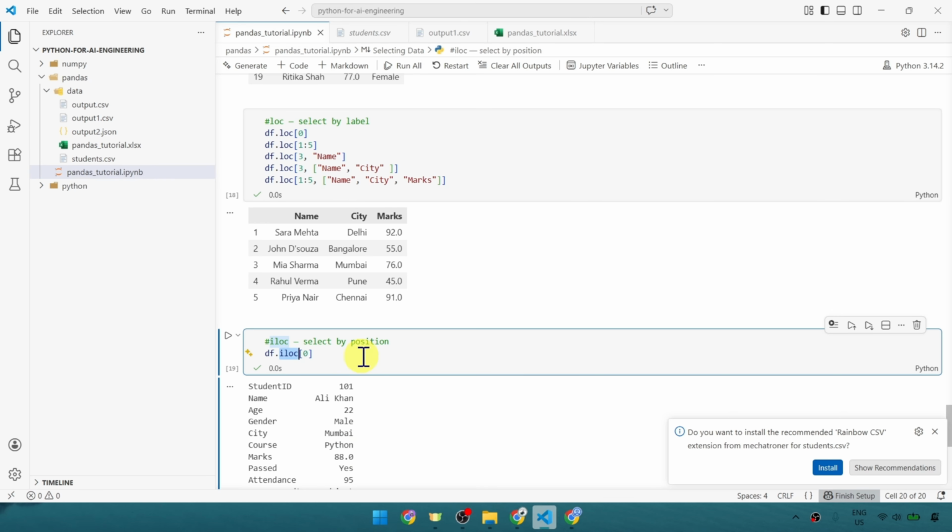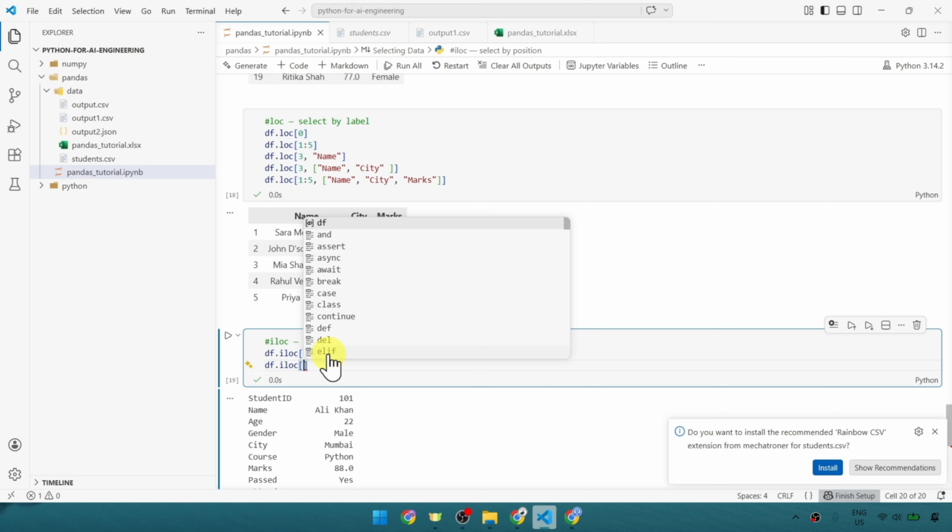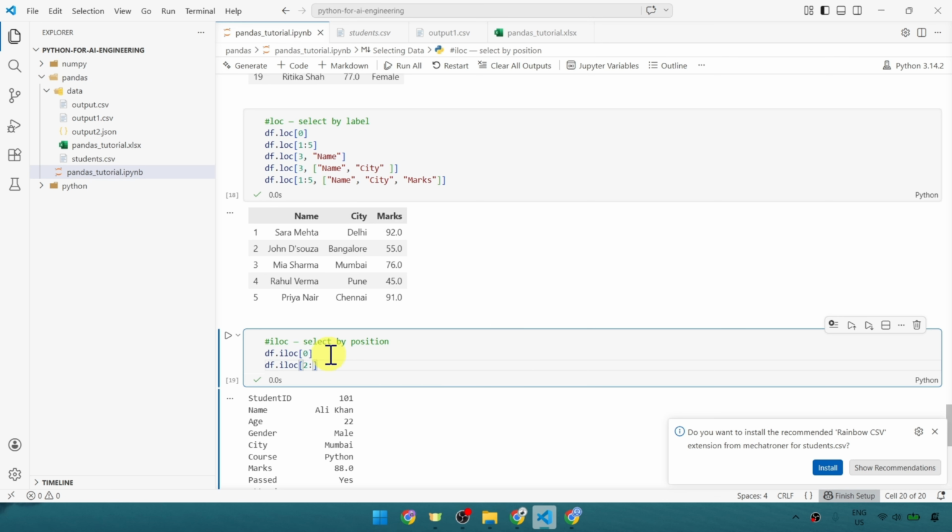Similarly, we want to fetch data within a range, from the second row till the sixth row. So in that case, what we need to do? Again, we need to follow the same syntax. Only thing is that we would be using iloc. So here we need to provide df.iloc. And here let's provide the range. For that, opening and closing of square brackets. And now we want to provide the range, which is 2, then colon. So 2 is our starting index. And then colon, and after colon we need to provide 6 or any number up to which we want to fetch